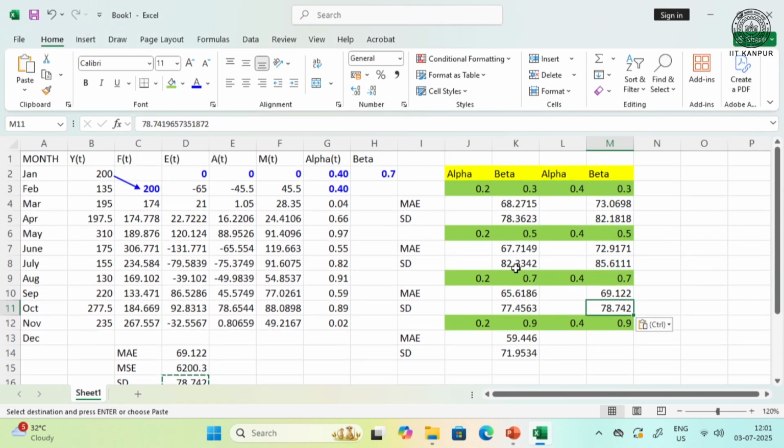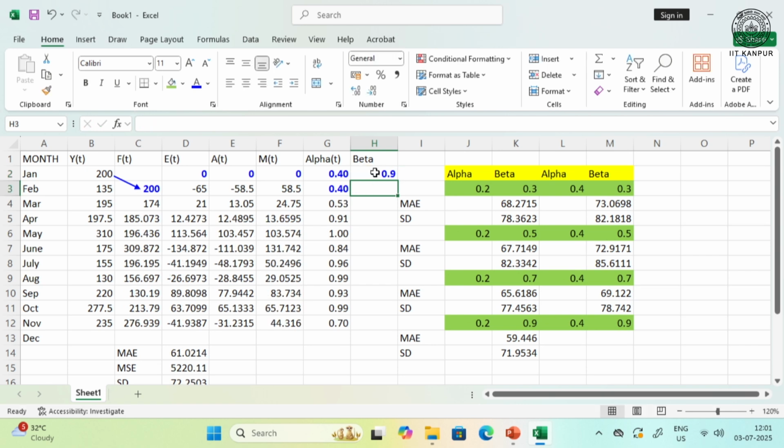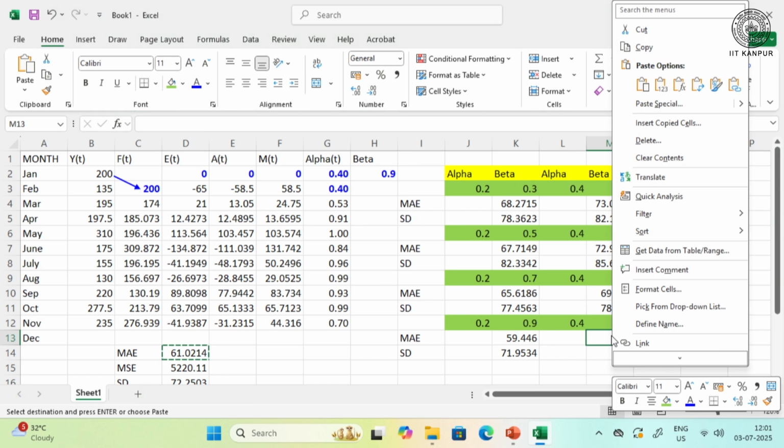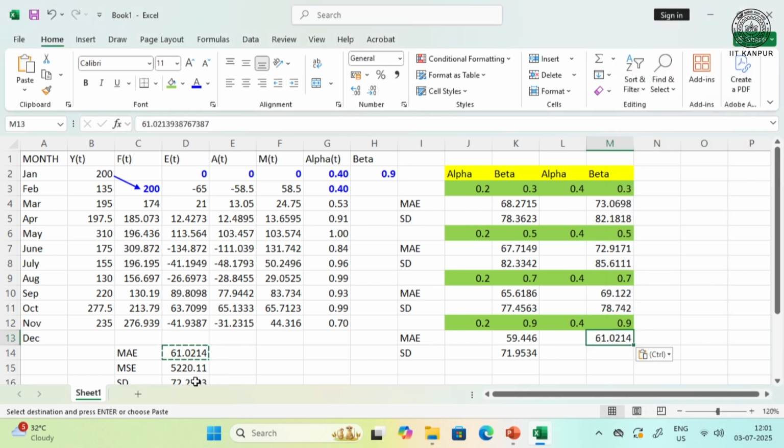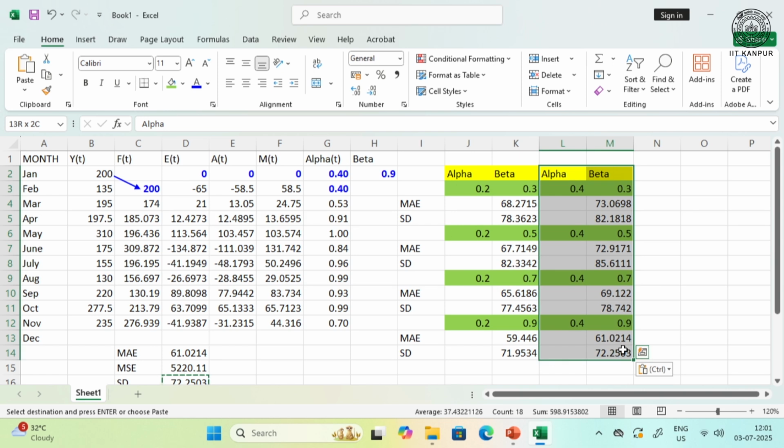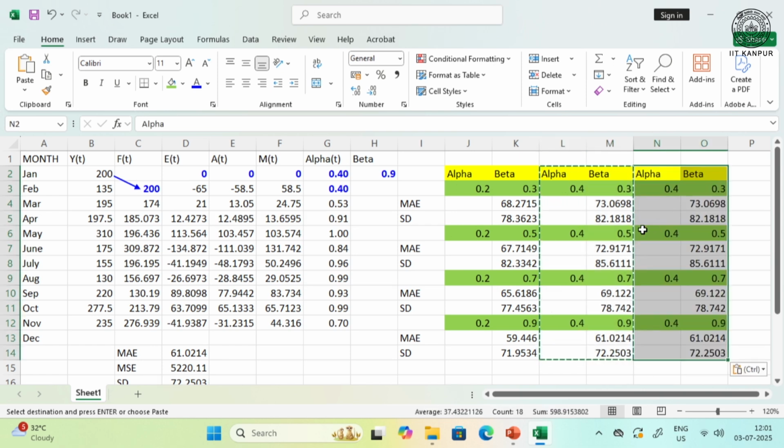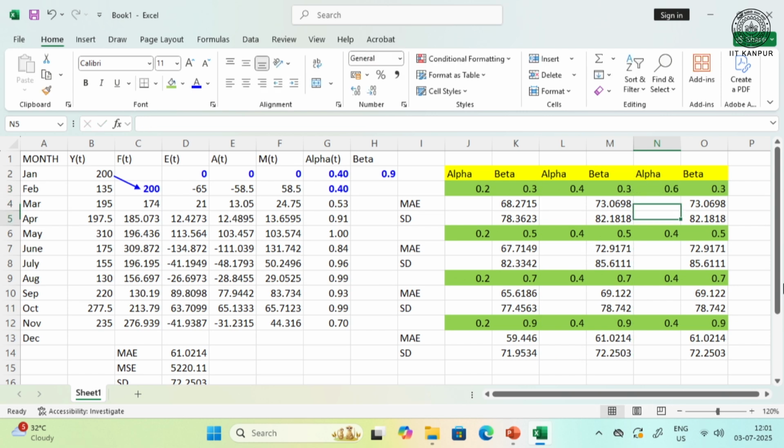And finally, done. Now I consider another set, 0.6 for alpha,